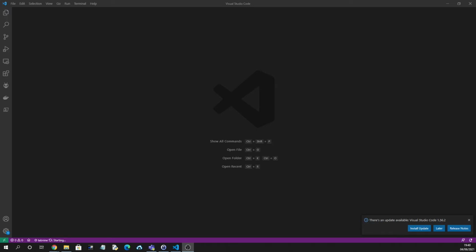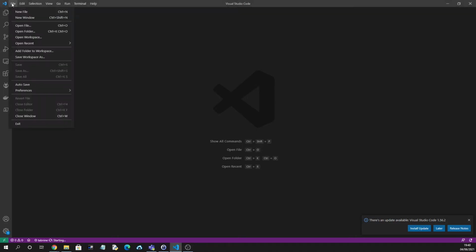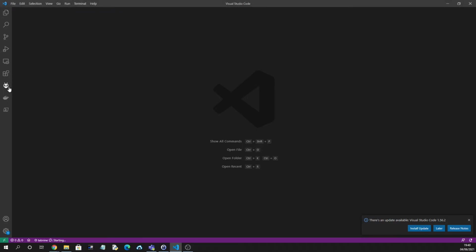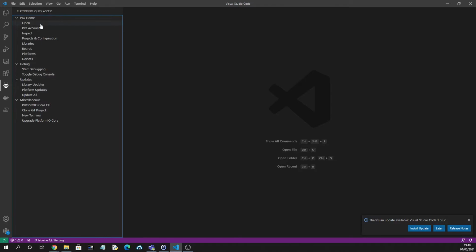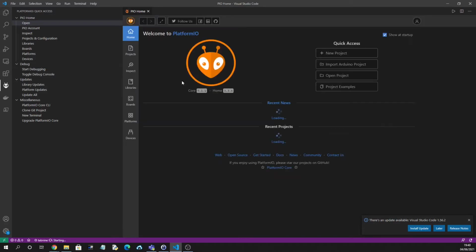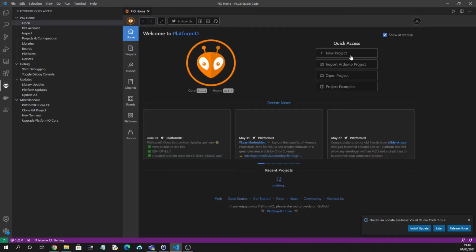This is a short video to show you how to use Visual Studio Code and the Arduino Portenta and getting the Blinky demo running. So the first thing is open up Visual Studio Code, go to Platform IO, which is this one here, and go to Open, and then it'll load the Platform IO. So Platform IO is a plugin into Visual Studio Code, and it allows you to run Arduino code,